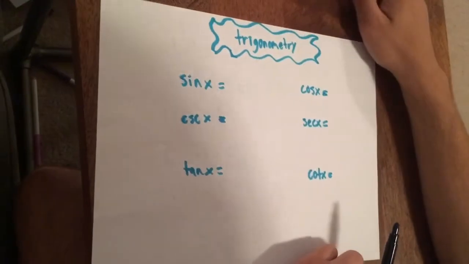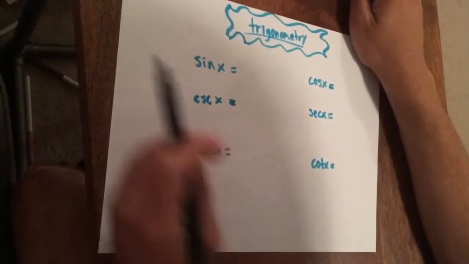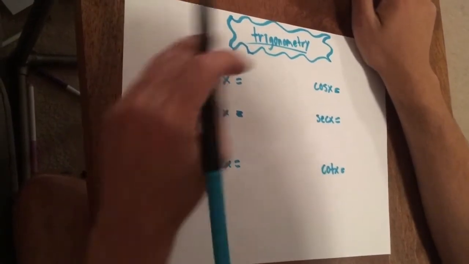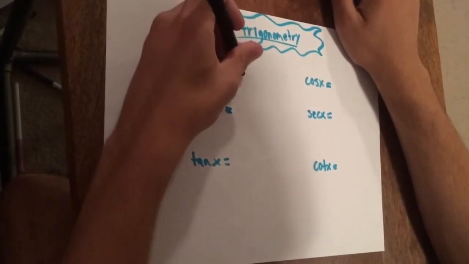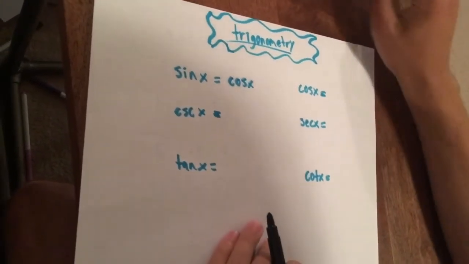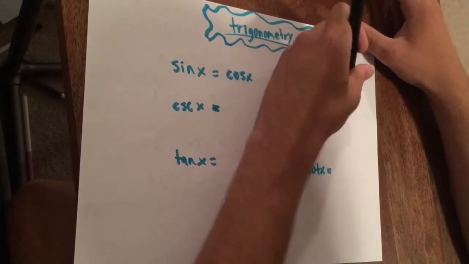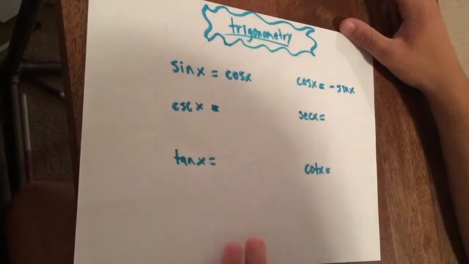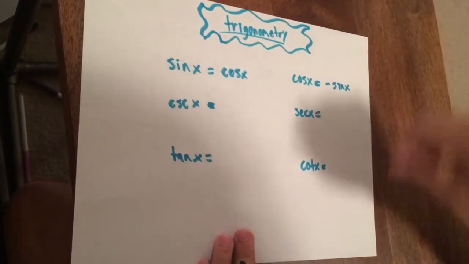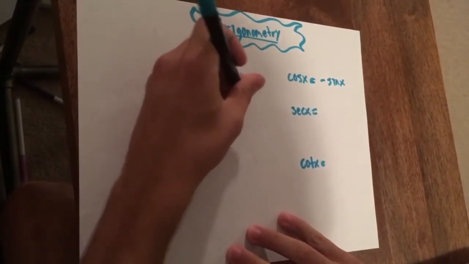All right, so another part of taking derivatives is trigonometry. So, for example, if you have sine of x, when you take the derivative, it's going to be cosine of x. And then for cosine of x, it's going to be the same thing. You're going to take it and it'll be sine of x, but it's going to be negative. And then for cosecant of x, it's going to be negative cosecant of x